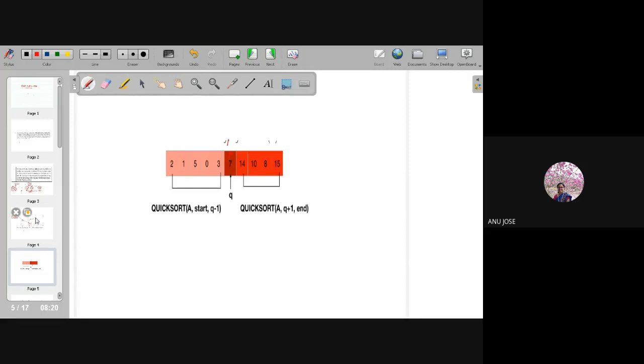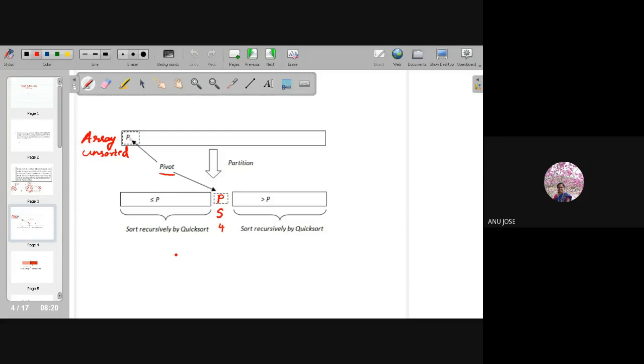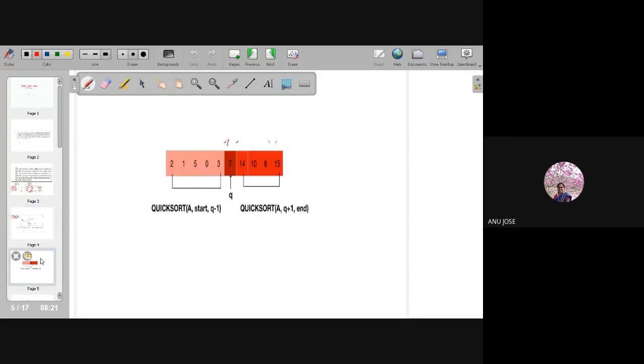So what I did is take the first element of the array, the pivot element, and find out its location. That is the logic part. How can I find the location of P? I have to make sure that whenever I keep this pivot element at one particular location, the elements to the left of P are smaller than P, and the elements to the right of P are greater than P. The example showed you how it will look after this.